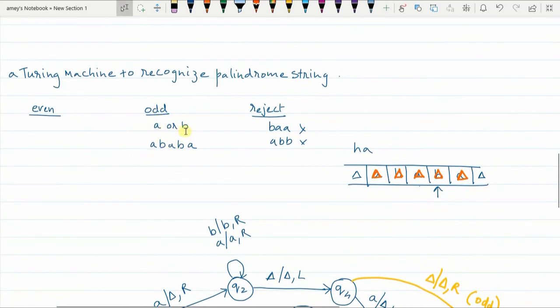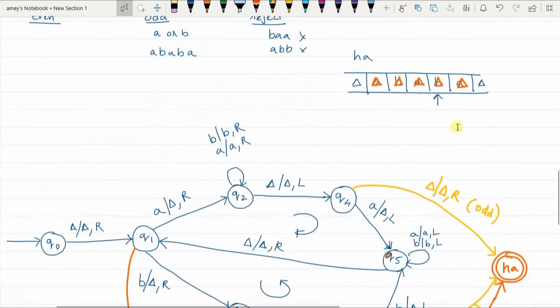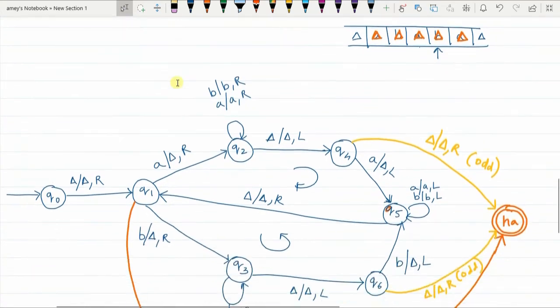But what about single A or single B? Of course that will also be accepted. If there was only one A on the tape, then after replacing the A with delta, the next element is definitely delta, and since there is no matching element for that single A, you would have reached here. So the minimum possible odd length string is also accepted.